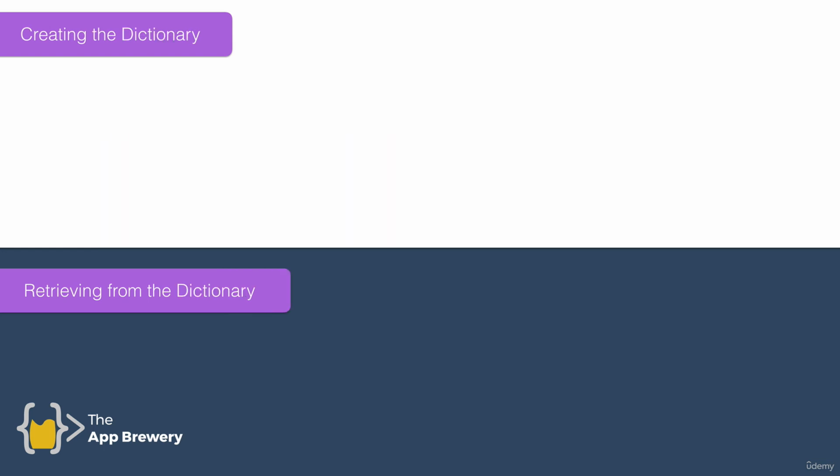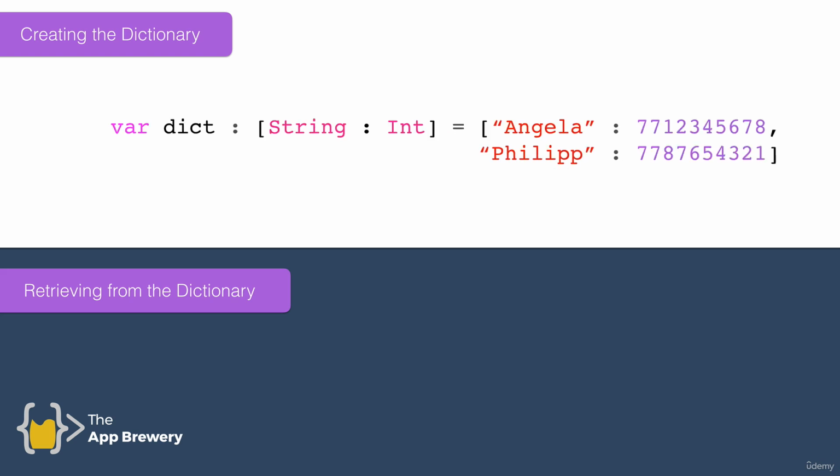Now, how does it work for dictionaries? Well, in this case, our dictionary would be defined like so. So it's a string int dictionary. And when we want to retrieve an item out of our dictionary, instead of adding a number, we use the key. So we would use the name of the dictionary, which is called dict, and then we add a set of square brackets just as we did for arrays. But now we provide the key that we want in order to retrieve the value, which in this case, this line of code would be equal to